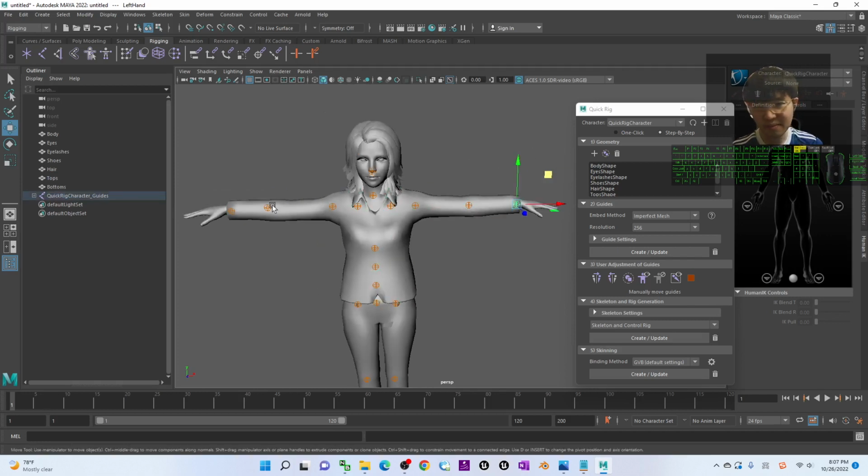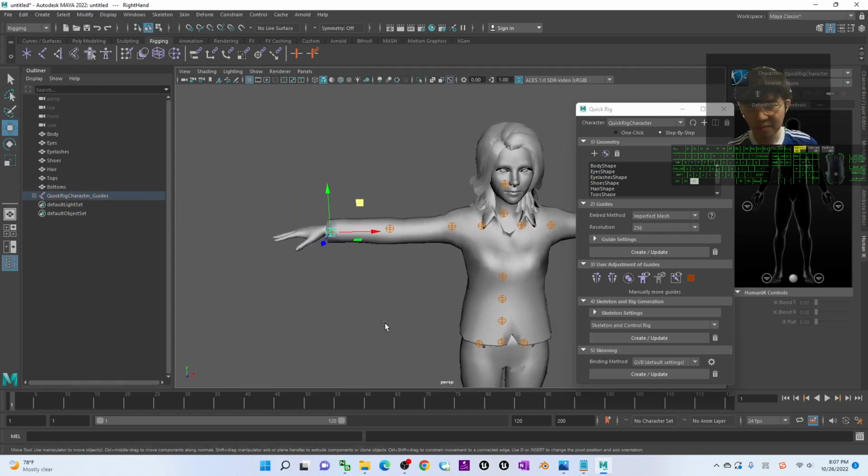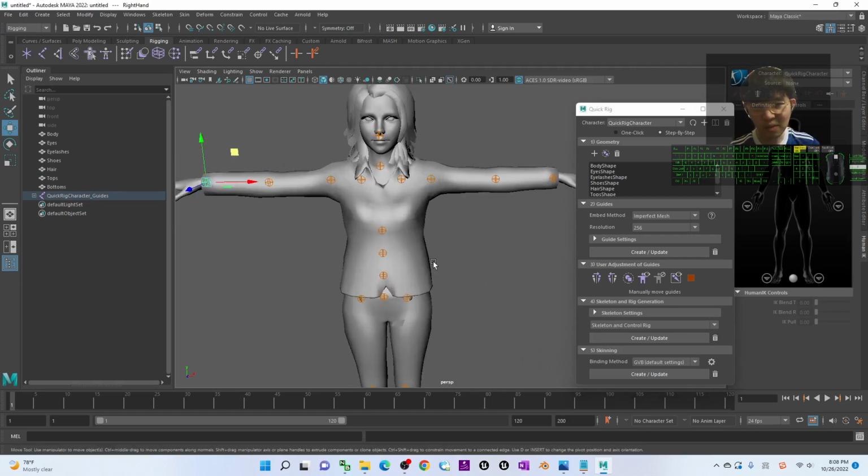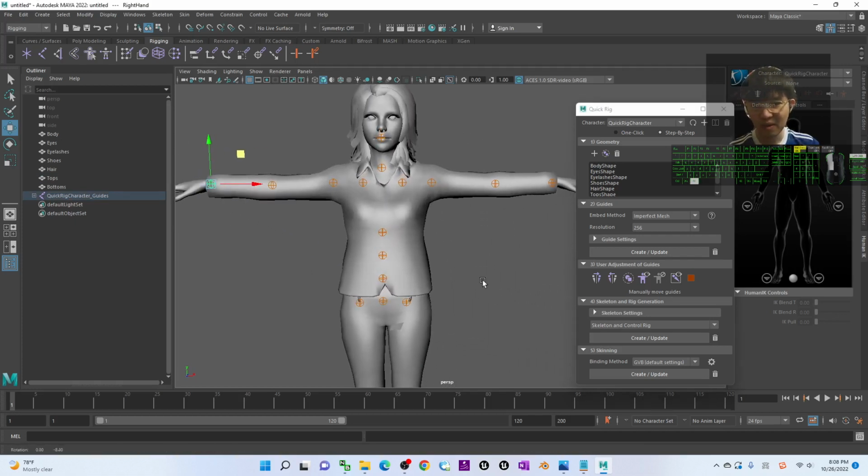Put it here, the elbow, the waist. Right now, we check the central part here of this skeleton. Just make sure it is at the center like this.